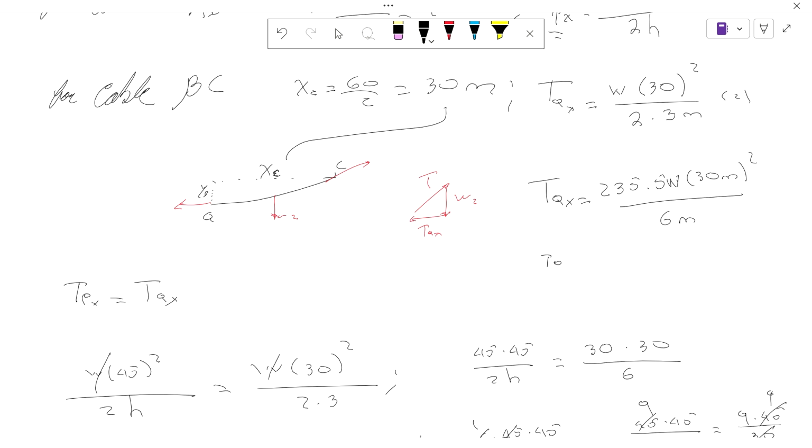So TQX has units of newtons times meter squared divided by meter, so this is Newton per meter. If you notice, we have a problem, because if we keep doing this, we're going to have a unit of moment. But indeed, this equation is to find force. So that means that we need to have newtons over meter here,